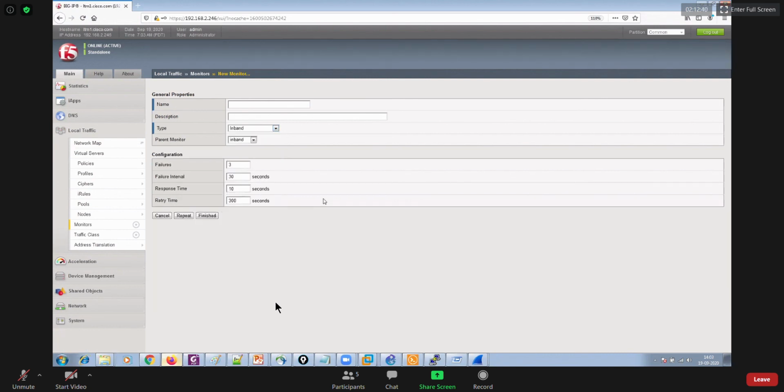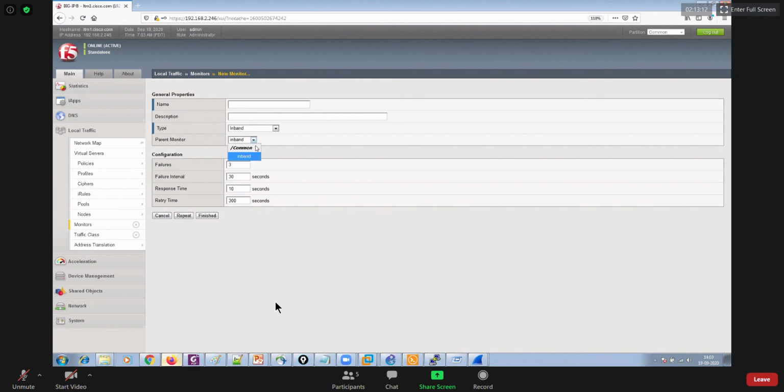It's in band, right? So in band, you don't have to configure any external monitor. You know very well that clients are always making requests, right? Clients are hitting the virtual server. So your BIG-IP can monitor all of the pool members based on the requests that BIG-IP is giving to them, and they are providing responses back to the BIG-IP, right? Based on that, it can monitor them automatically without configuring any external monitor.